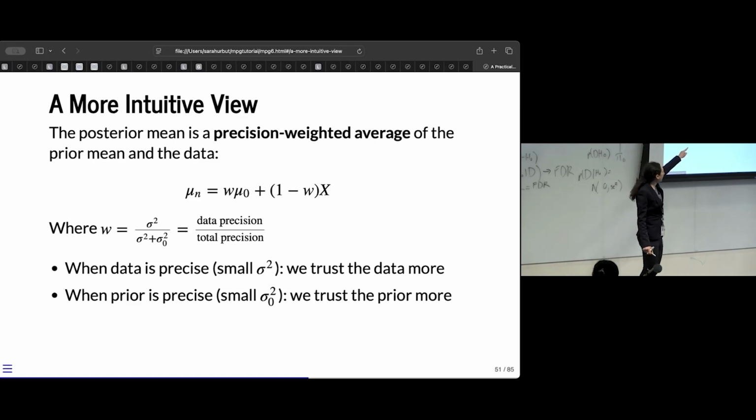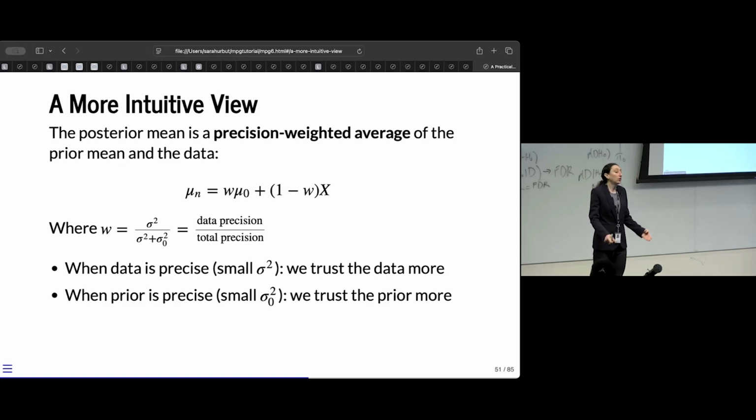We can think of the posterior mean as a weighted average, basically, of the prior mean, how much we believe the prior distribution, and the likelihood. And how do we get those weights? Well, it's effectively proportional to the data precision and the total precision, right? So if we have strong confidence in the data, and we have a very flat prior, like we were talking about in the ASH example, where we had a very flat prior because we had these large sigmas, and the data is strong,